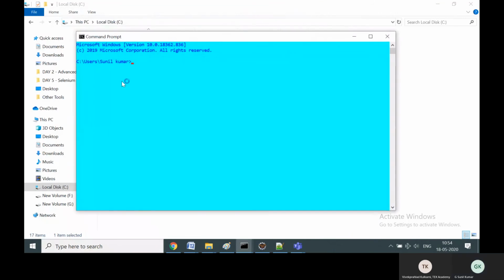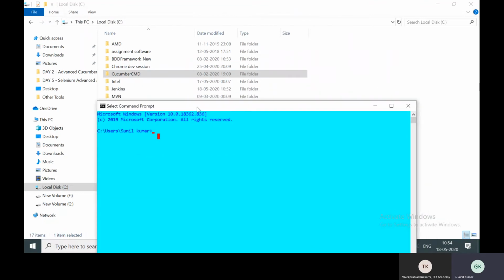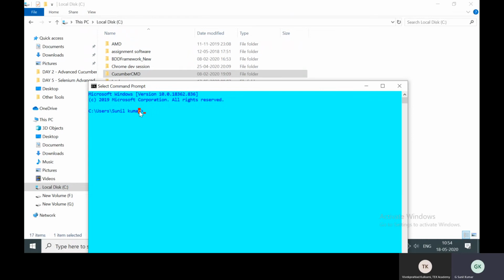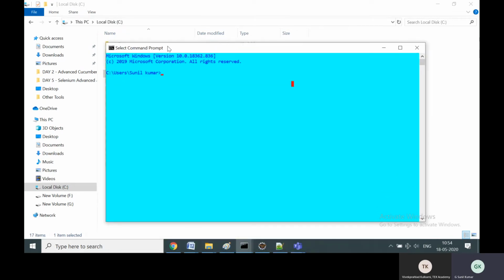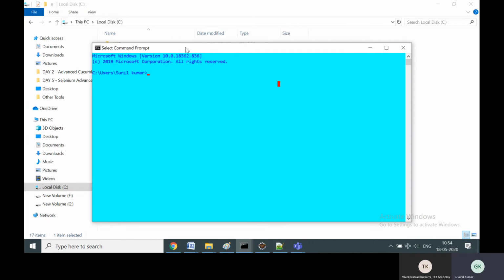Only if you are able to execute the project in command line will you be able to execute it in Jenkins. That is the first law of Jenkins: before you can execute the project in Jenkins, you should be able to execute it from command line. If you are able to successfully execute it from command line, you can just copy that code and put it in the Windows batch command section. And if you simply execute, the job is going to execute.